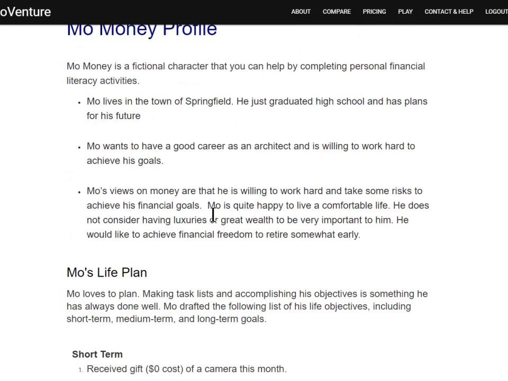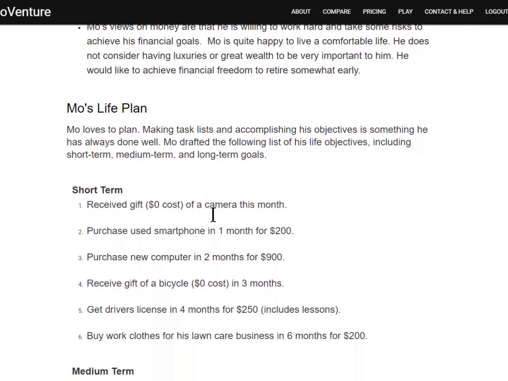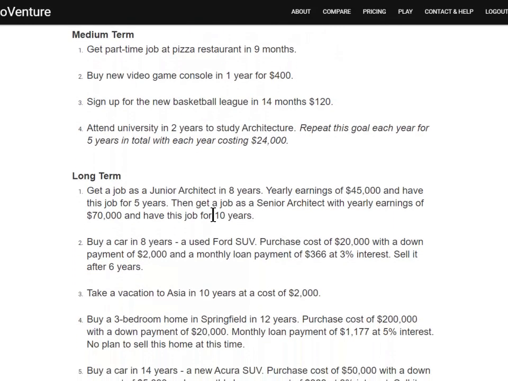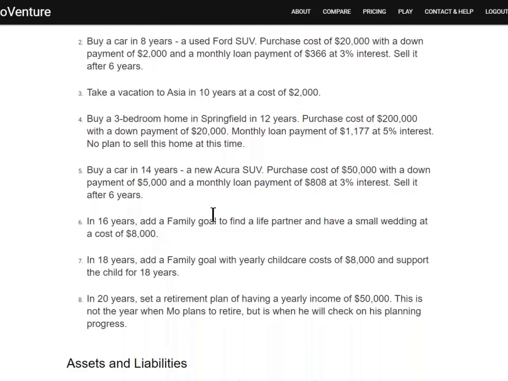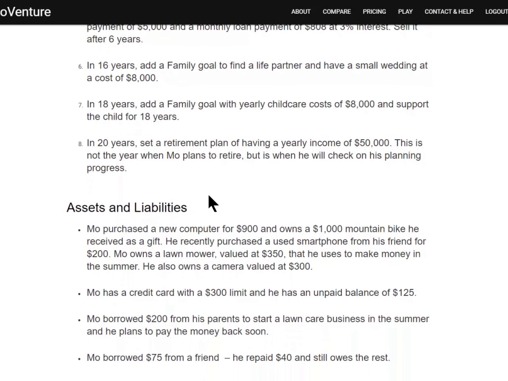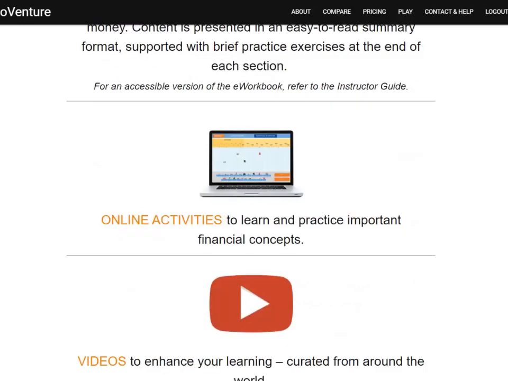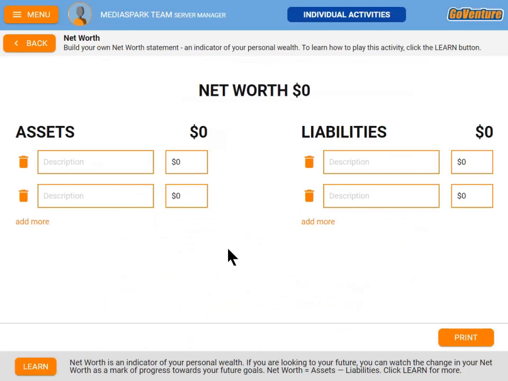Mo is a fictional character, and we have his profile written out here. Based on his profile, you can do all of the 10 activities. His profile is well written to give you the exact information you need to do all 10 of the activities we've looked at here.